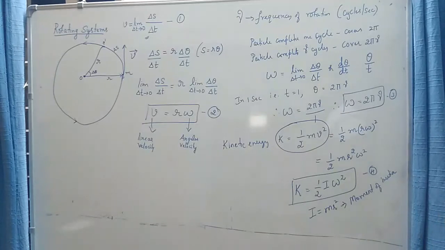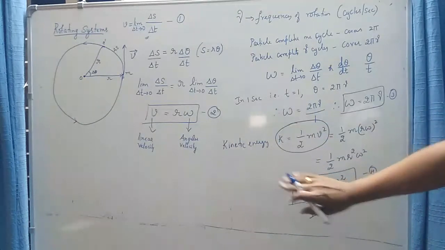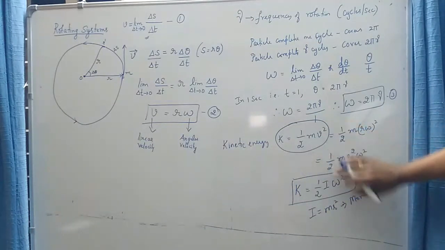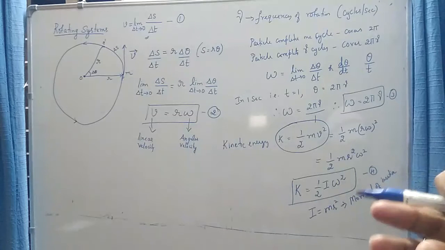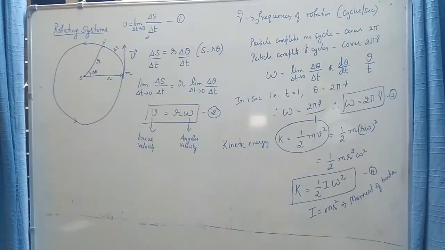What does it mean? The role played by velocity v in a linear motion is similar to the role played by angular velocity in rotational motion. So the left-hand sides are corresponding quantities. In the right-hand side, v and omega correspond to each other. So we can establish a corresponding relation between mass and moment of inertia. The role played by the mass of the particle in linear motion is replaced by the moment of inertia in rotational motion. So this moment of inertia is some sort of mass associated with the rotating particle. Okay, it is only a mathematical correspondence.